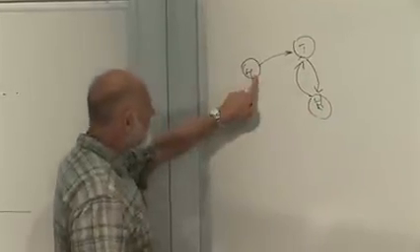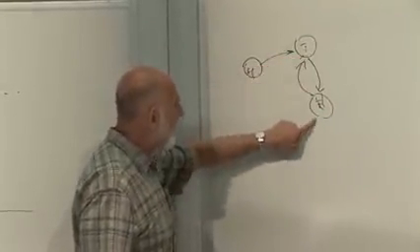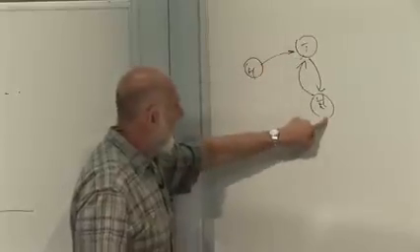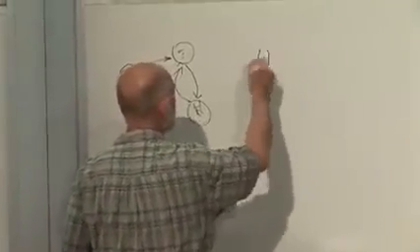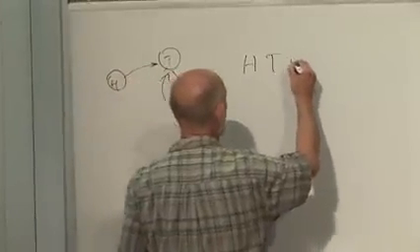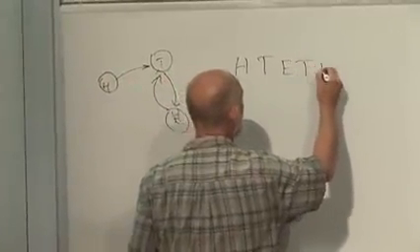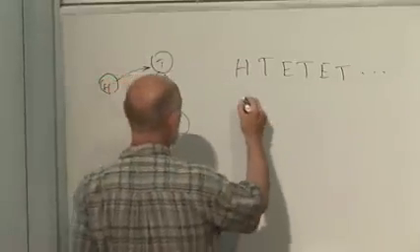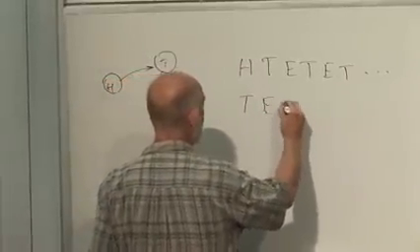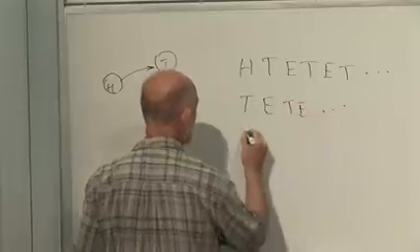If you start at heads, you go to tails, then edge, then tails, then edge, then tails. So here's some histories. First of all, starting with heads, it's heads, tails, edges, tails, edges, tails, dot, dot, dot. If I start at tails, I get tails, edges, dot, dot, dot. If I start at edges,